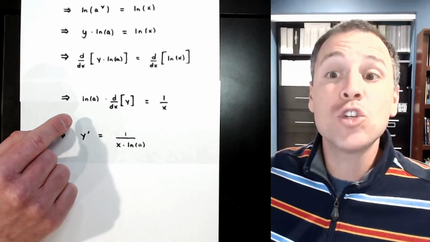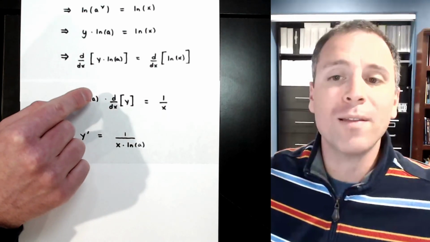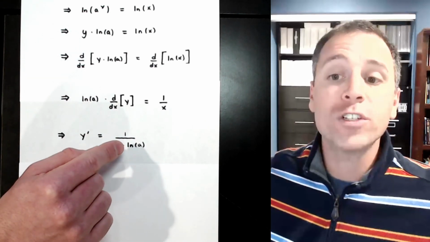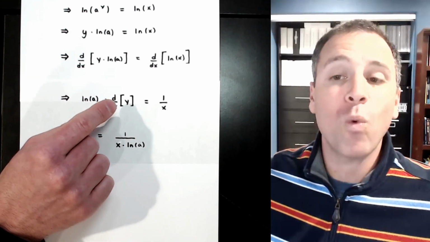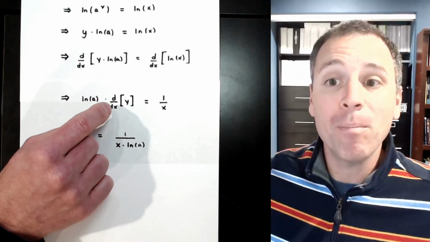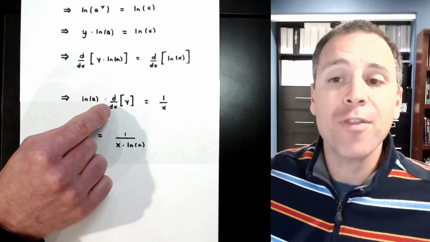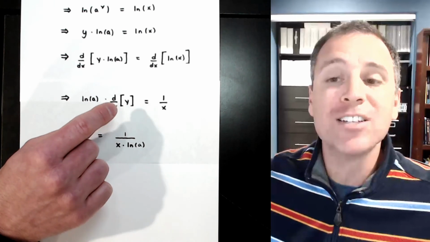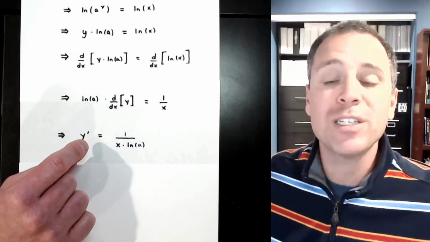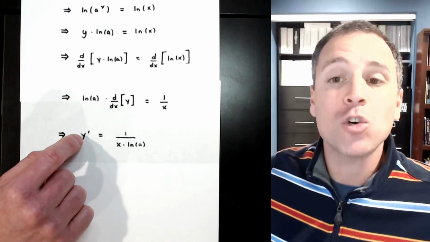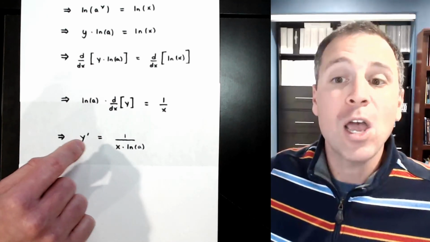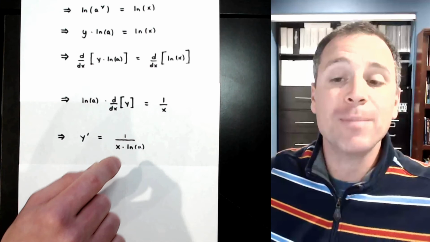Then we can continue with two algebraic simplifications. Number one, let's pull this constant over to the other side of the equation. And then number two, let's look at the derivative of y as a symbol of hope in the city of Gotham. This is just a symbol that represents our desired derivative. So specifically, we now have a closed form way to state the derivative of our function y, which is given by 1 over x times ln of a.